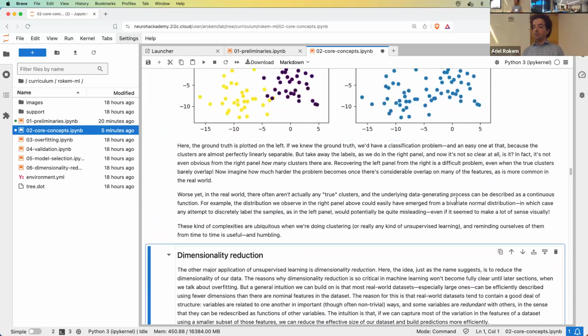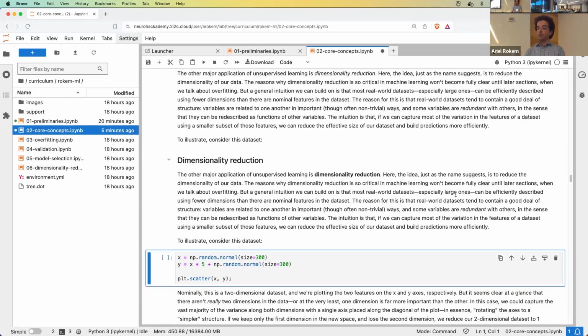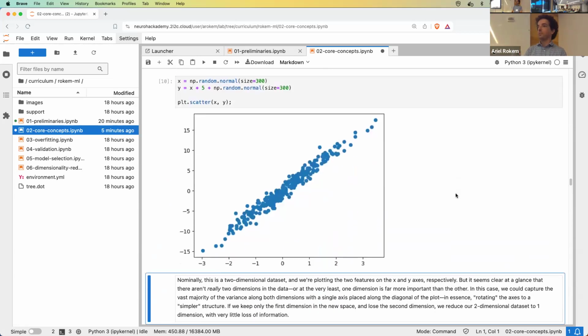Okay, so that's clustering. The other kind of unsupervised learning that we think about is dimensionality reduction. I'll show again a pretty contrived example of dimensionality reduction. This is a data set that has two variables. Each point here is defined according to its distance along the horizontal dimension and its distance along the vertical dimension. The purpose of dimensionality reduction is to take something, in this case with two dimensions, and reduce its dimensionality. In two dimensions, it's very easy to plot this thing, but often the data that we deal with,